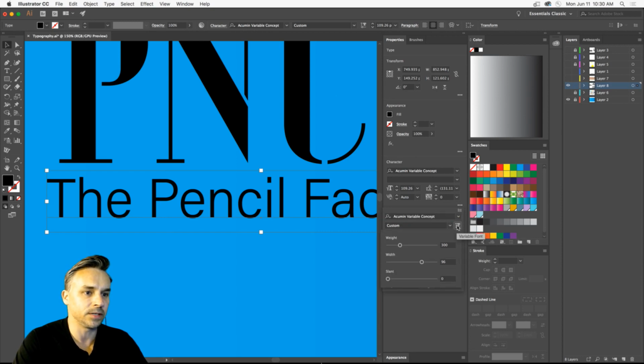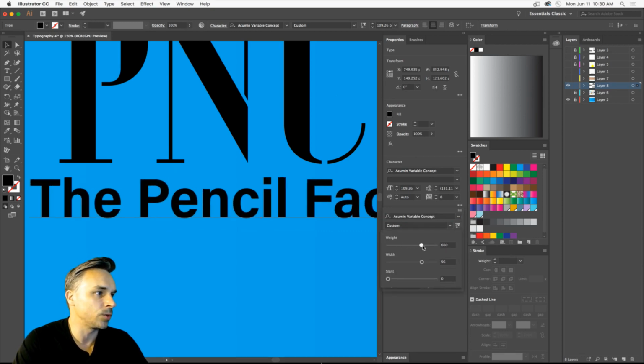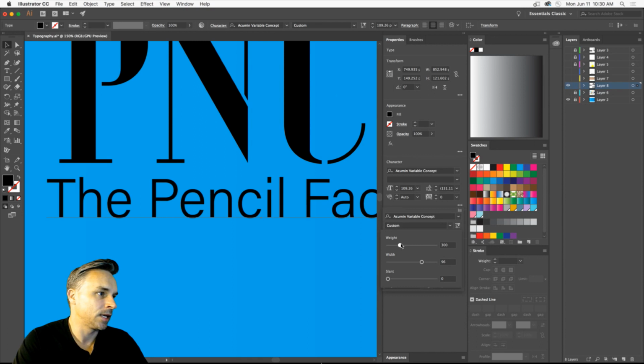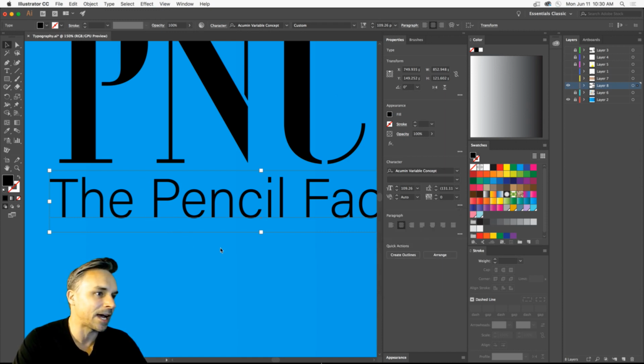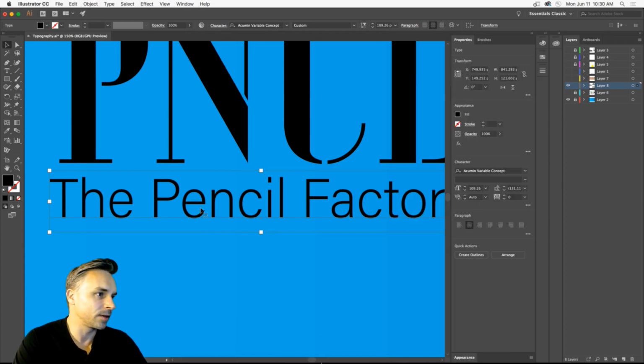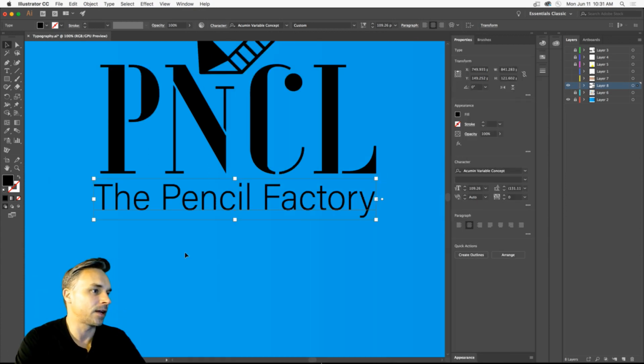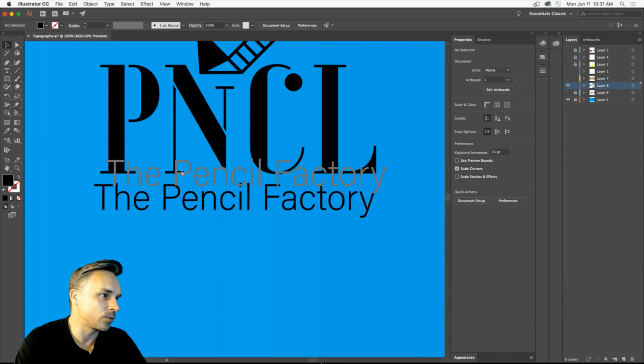Because there's 50 zillion different versions, I can start to adjust the weight and get it just right like that. And that's what I want. Now we have that nice similarity. It's going to be nice and tied up, because if it's close to that particular thickness and it's not, it's going to kind of throw your eye off. So this is what you do real professionally.